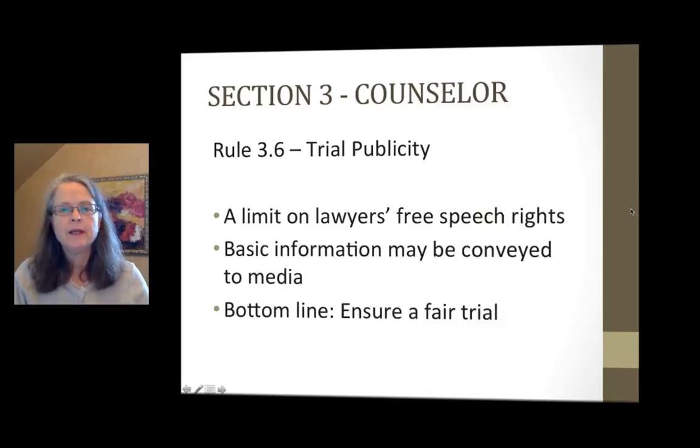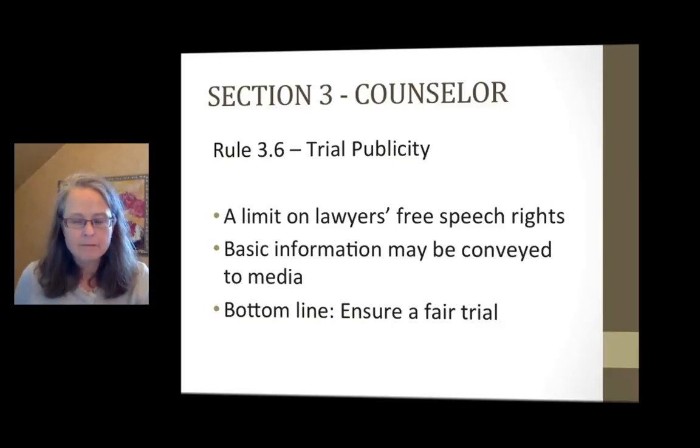Trial publicity. This rule has, in this group of rules, one of the most interesting histories, I think. The ABA's first attempt to put a rule on attorneys' abilities to comment on cases goes back to 1908. And they tried to combat the ill effects of attorney-generated trial publicity. This is an area where there is tension between a lawyer's First Amendment rights and the right to free press,